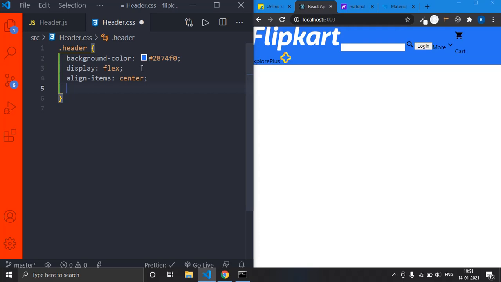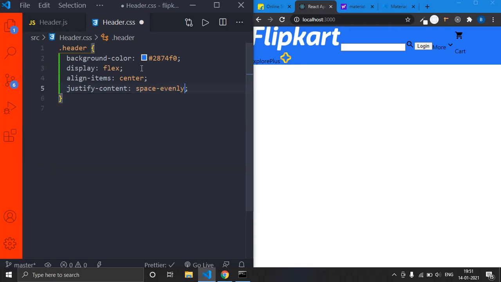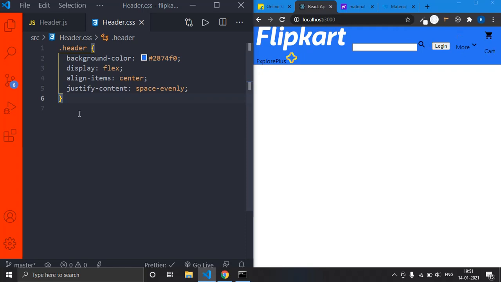It makes sure that everything is aligned perfectly at the center. And the next one is justify-content. I'll take it as space-evenly so that every div has an even space. Now just press Ctrl S, save. So this is our header style.